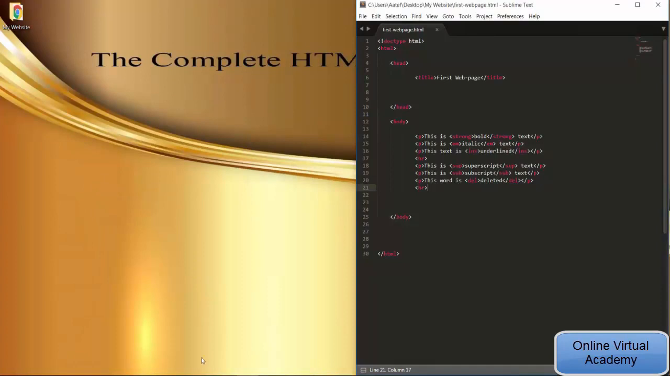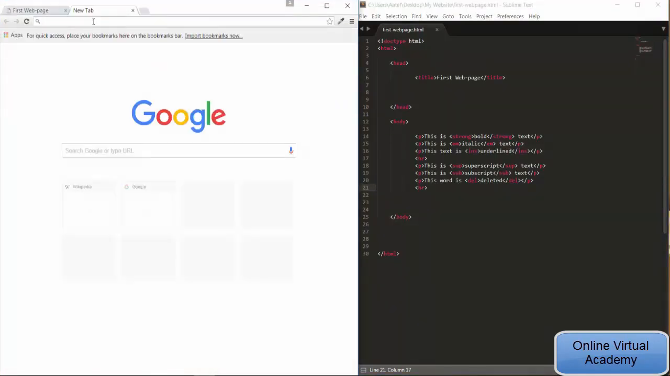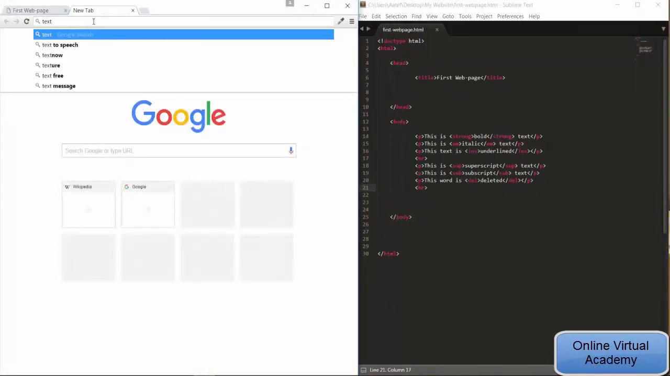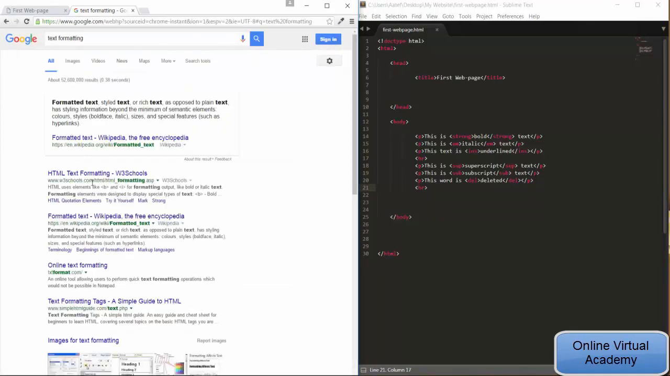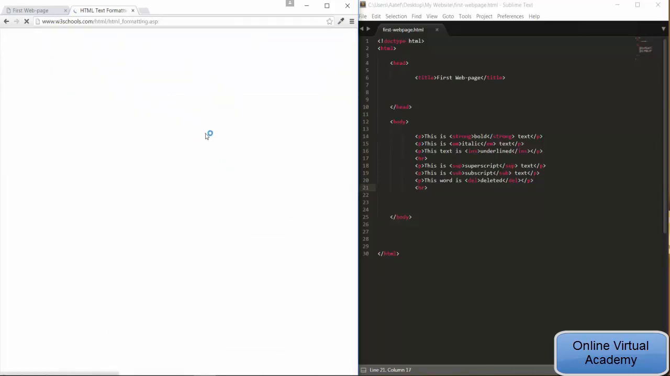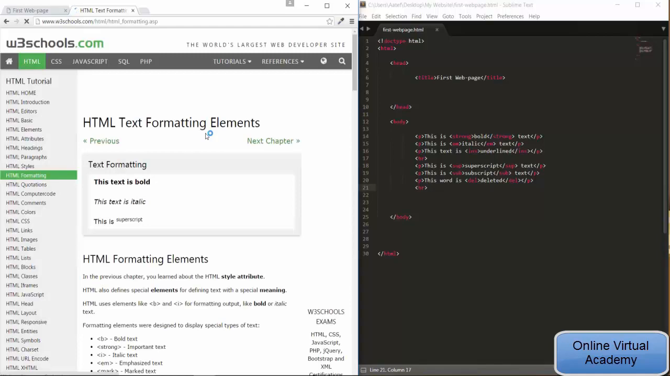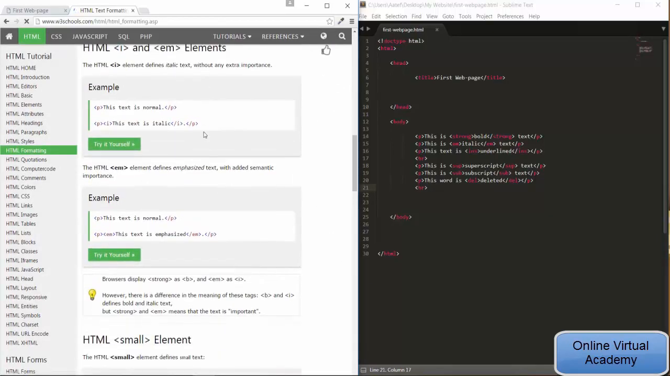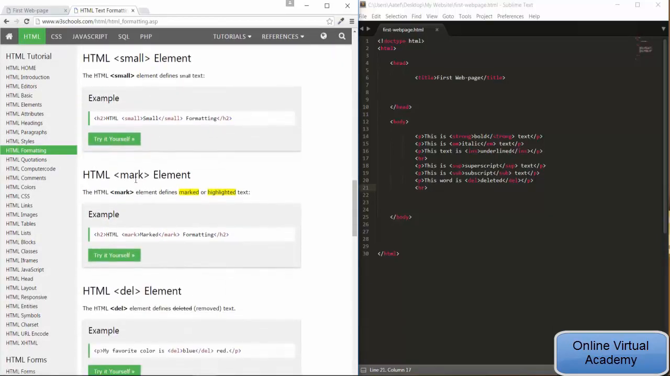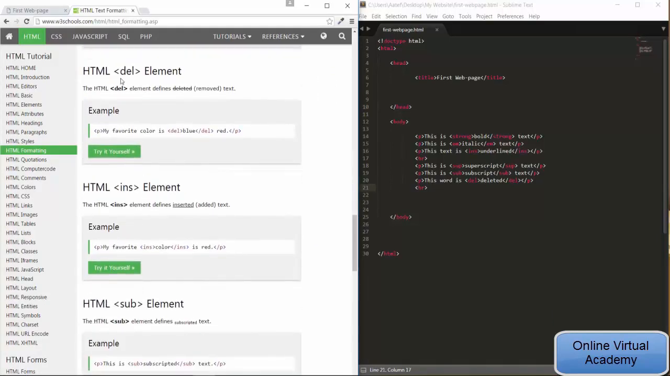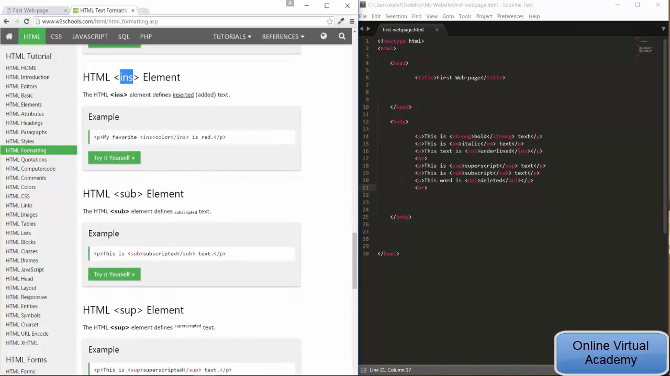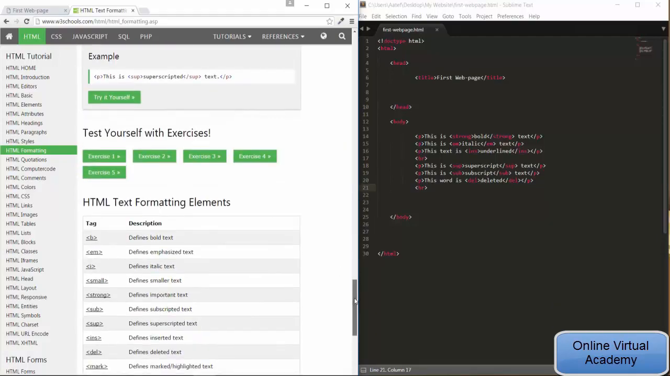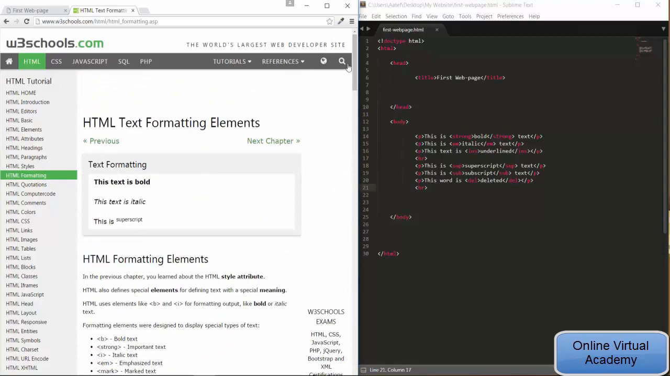For more information about text formatting, go to the W3 School. And smaller, mark, ins, subscript, superscript, etc. Okay, I will